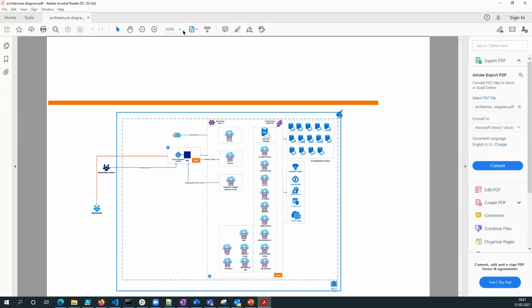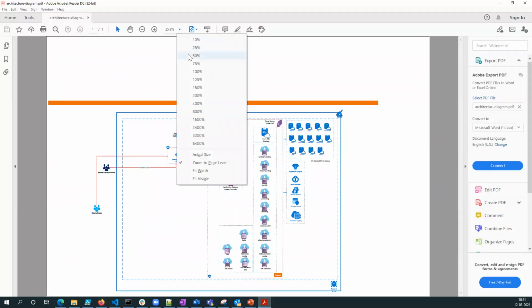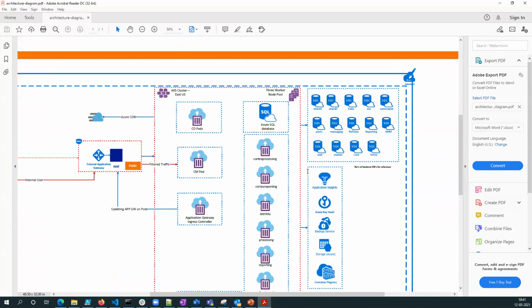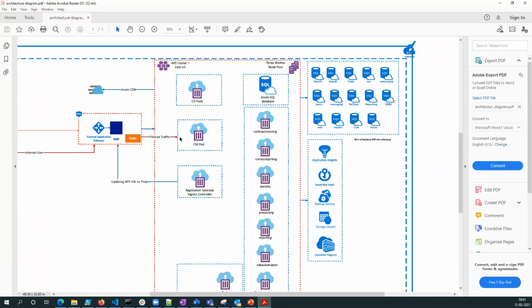Moving on from here, this is how our architecture diagram looks for today. Let's zoom in a little bit. Okay. So there's our AKS cluster. Let's take East US as an example where we are going to be building it. Though I've said 3 worker node pool, I've also added the scalability feature here, which means the minimum required number of VMs is 1, and the maximum that it could scale up to is 5. We are not really going to be seeing the scalability in this demo.